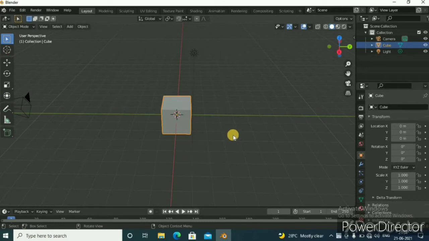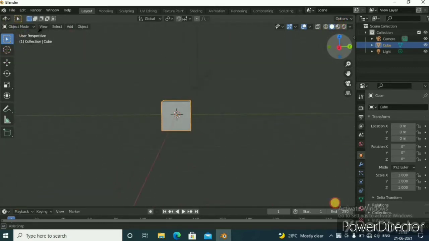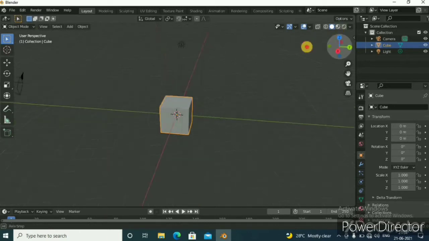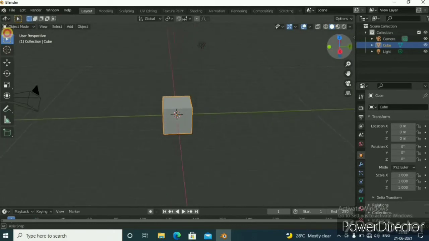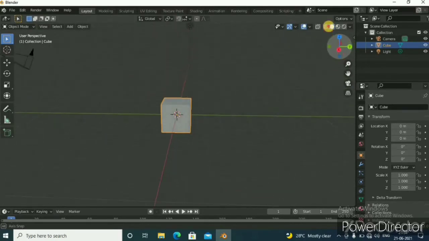As in the last video I have taught, a cube is placed here. In this video I am going to make a donut with 4 levels. I have made a more realistic modeling of the donut. So please follow the instructions that I will be showing here without skipping.